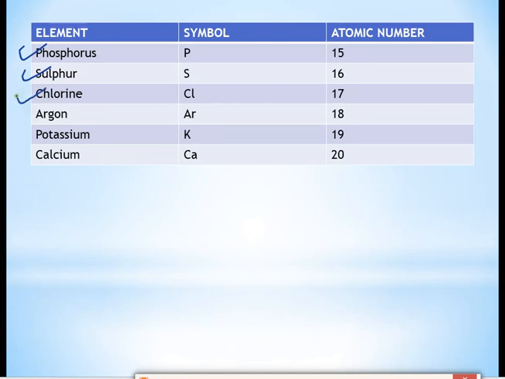For chlorine, it's Cl, and chlorine is a halogen gas, right? And its symbol is Cl and atomic number is 17. For argon, a noble gas, the symbol is Ar and the atomic number is 18. For potassium the symbol is K and its atomic number is 19, and for calcium the symbol is Ca and its atomic number is 20. So till now we have seen the symbols from hydrogen to calcium,